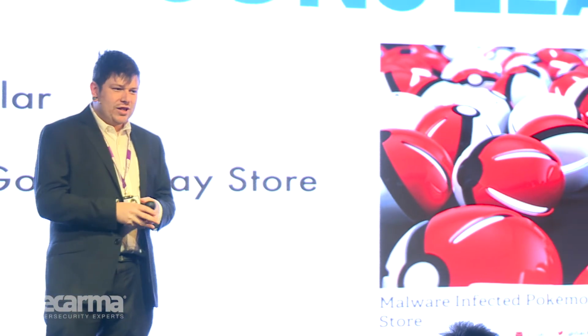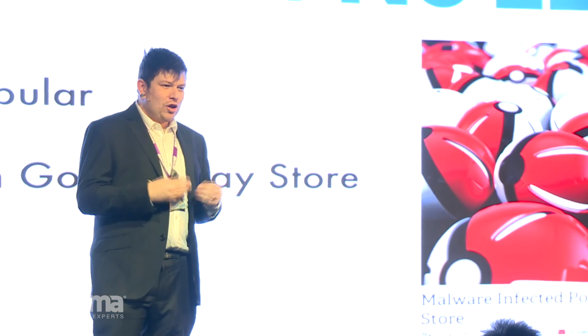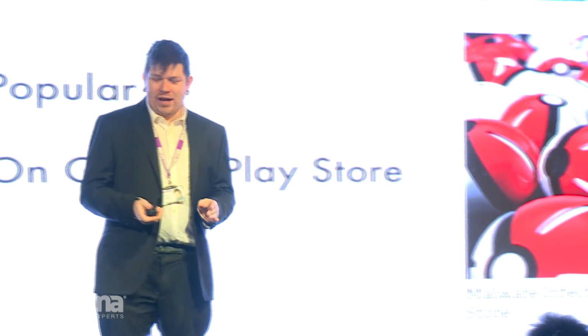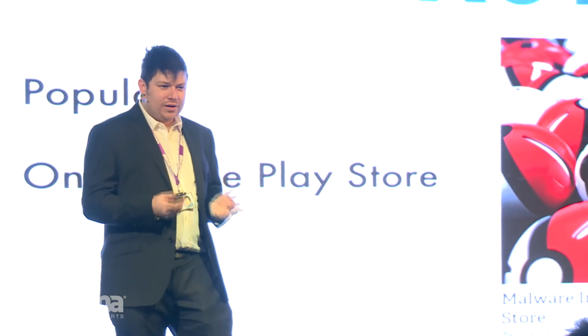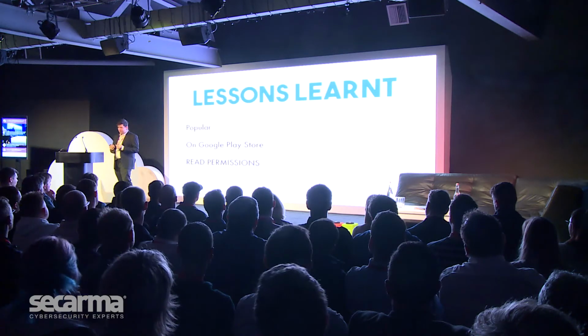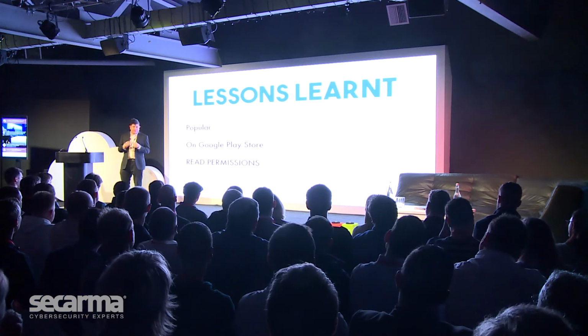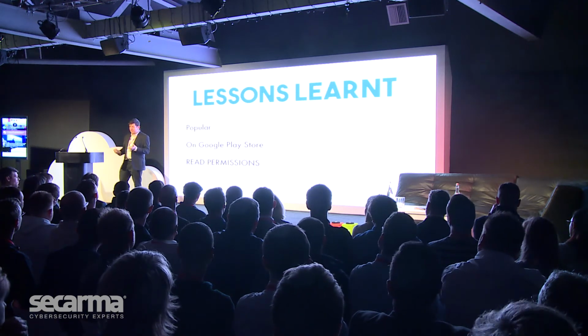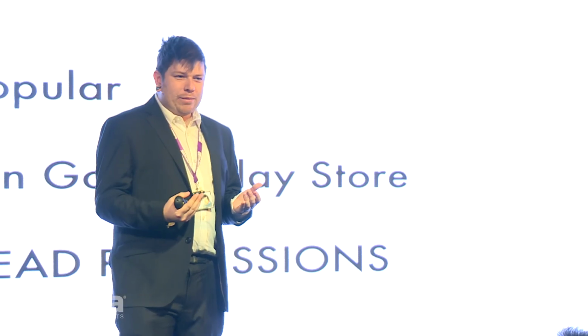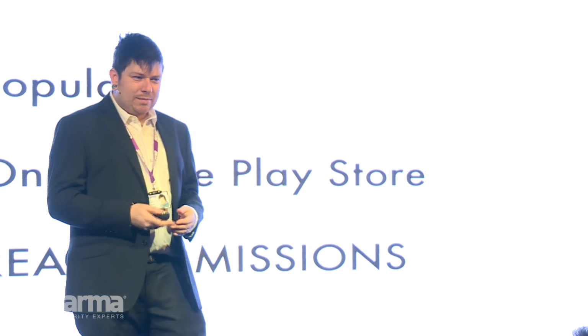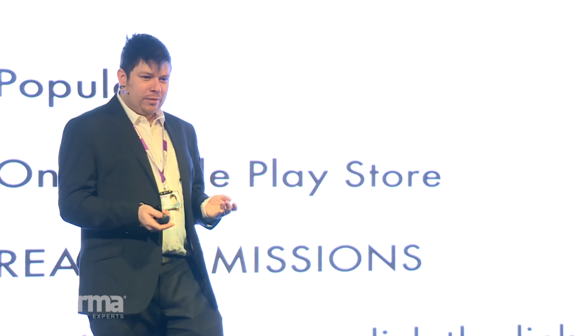So what malware authors did was say, yeah, we're going to make this app. It's called Pokemon Go. Just download it. Everything's absolutely fine. And this appeared on the Play Store for a few hours until Google realized what was going on. So think about the permissions when you're downloading applications. Think contextually. So there may be an app that needs 49 permissions, but it's probably not a keyboard app, which makes chasing the malware a little bit difficult. And think before you click the link.